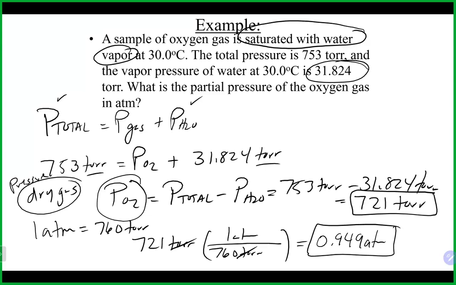Any questions on that one there? Again, that's a very common sort of partial pressure situation, either with the ideal gas law or something like this, where it's just kind of like a correction value in real life. You're just subtracting off that water's contribution that you're not really interested in. Any questions on partial pressures here?